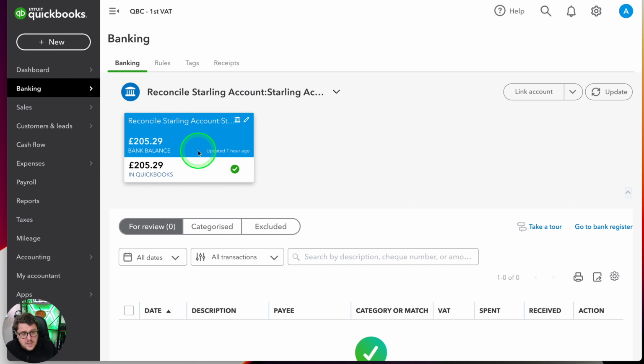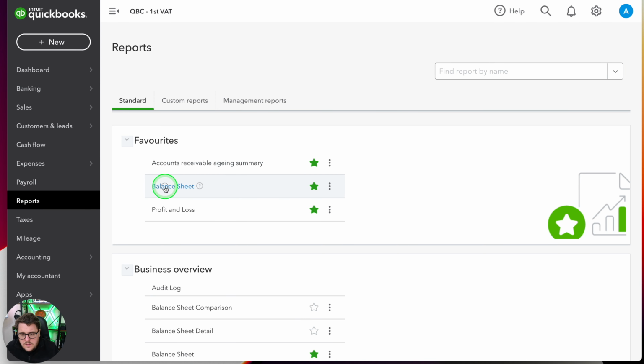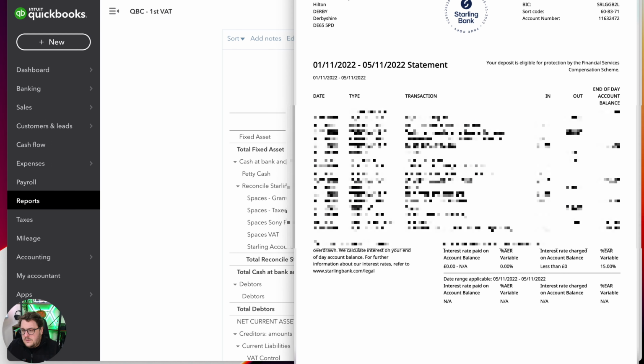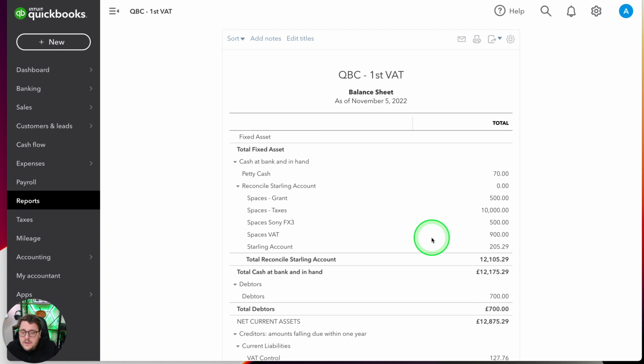I could reconcile those Spaces accounts back into my reports, balance sheet. I could reconcile them by getting my phone out, going to that Spaces account and taking the information from there. But that's an extra step. And also now when I go to my bank account again, bring my bank account up, get that figure,